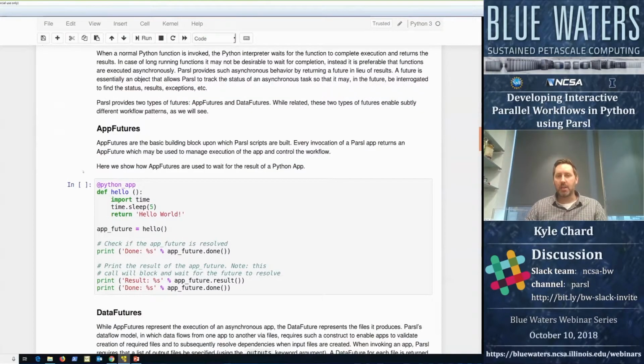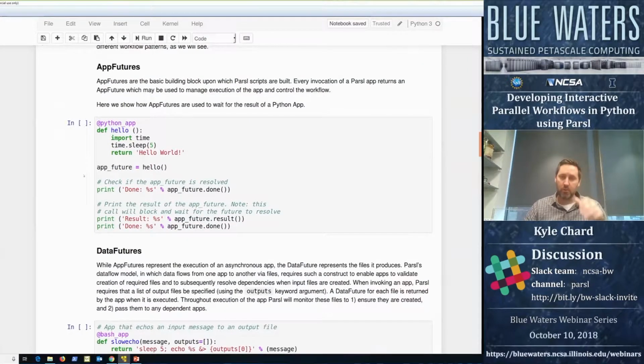So if you think about how this actually maps to the Parsl world, we have two types of futures. We have the sort of base app future, where every app that we execute returns a future. And then we also have this notion of a data future, where an app might return more than just the state of that application, but also a bunch of futures for each of the data products that it said it's going to produce. So if we have a look at a simple way of illustrating how futures work in Parsl,